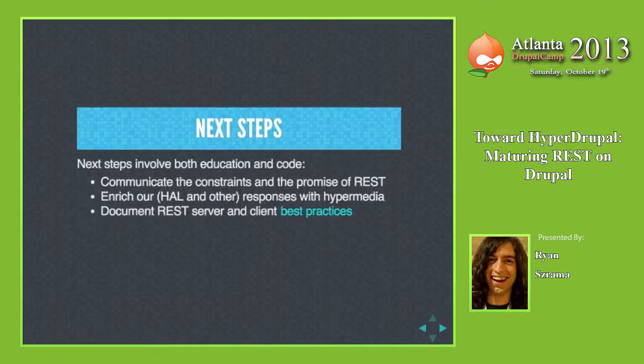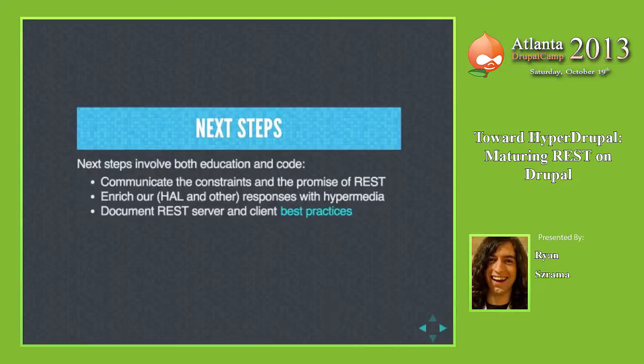We also need to document REST server and client best practices. So like I just made a recommendation to everyone. I said that if you were going to create a REST API, you should at least start by using URIs properly, so identifying your resources with unique URIs, and then using the HTTP verbs to interact with them, not putting your verbs in the URL. That's a best practice. If you conform to that, then you're already doing better than at least half of the RESTful web services out there.